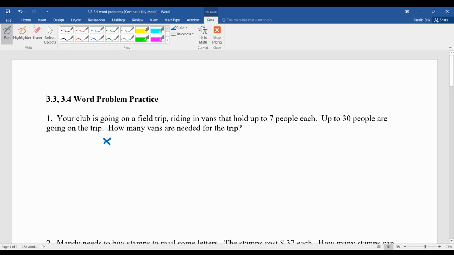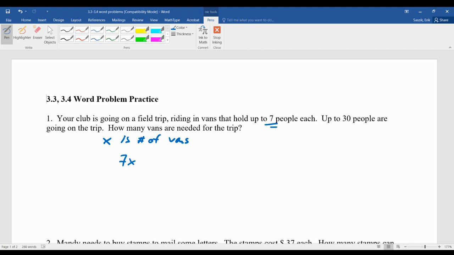This first one can be kind of tricky. It's asking how many vans. X is number of vans. And it says vans that hold up to 7 people each. Up to 30 people are going on the trip. Okay. So 7 times,